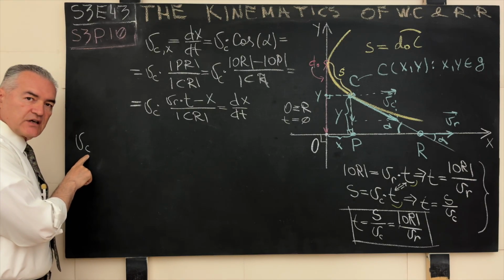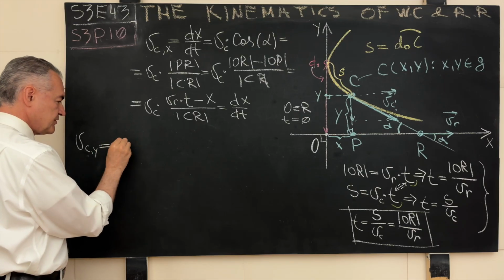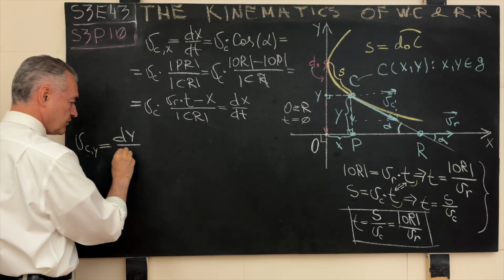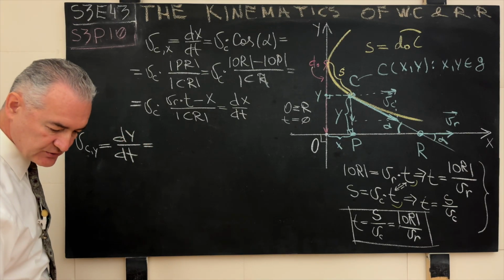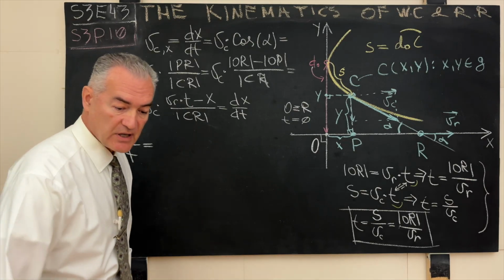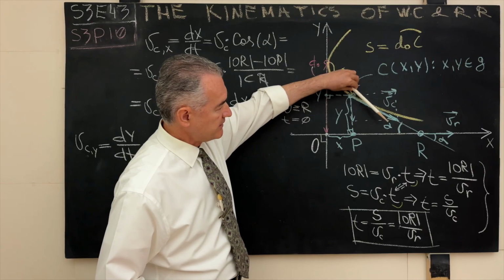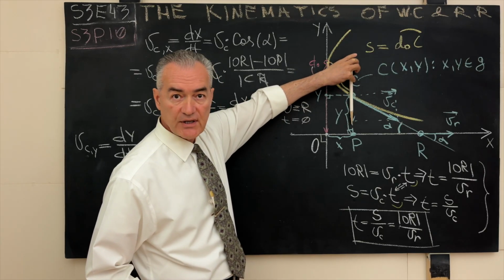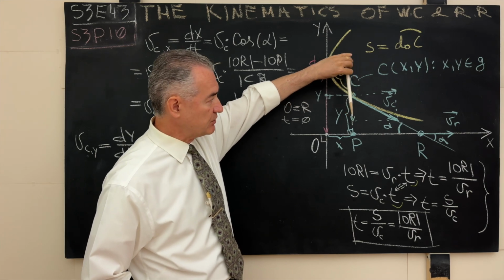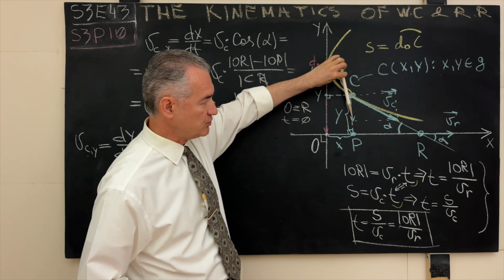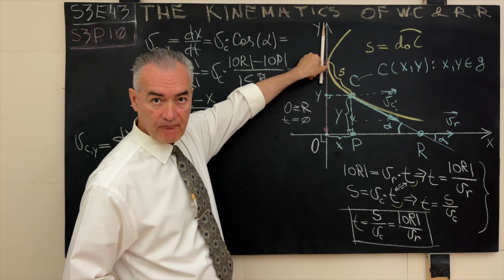So now let's write down the expression for the projection of the velocity vector of the chaser onto the y-axis. By definition, this will be the first derivative dy over dt. Now we have to be careful over here. Once we project the velocity vector of the chaser onto the y-axis, it will go this way. What can you say about the sign? Well, the sign will be negative in this case because this velocity points this way, but the vertical y-axis points this way. So far so good.